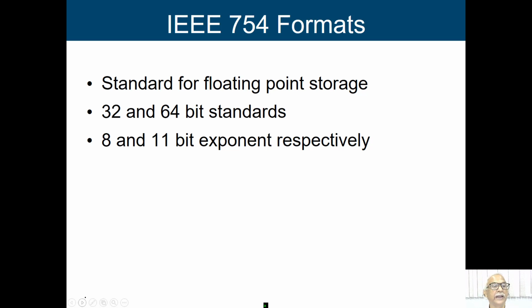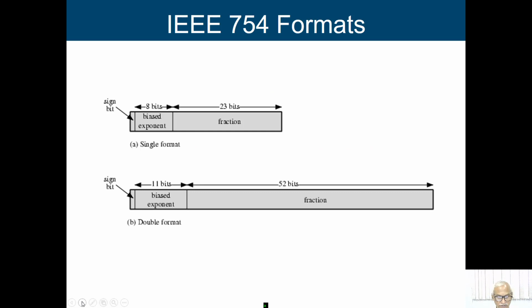So, we use 8 bits of exponent in case of 32 bits and we use 11 bits as exponent in case of 64 bit representation. So, here we are having 8 bit and 11 bit, and always we have 1 bit for my sign bit. So, basically this is the format that we have already discussed: 23, 8 and 1. We said this is the single format for IEEE 754, and this is the double format where we are going to have 11 bits of bias exponent and 52 bits of mantissa or fraction part, or we can say the significant part.